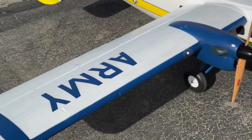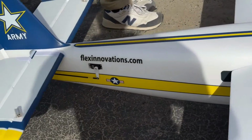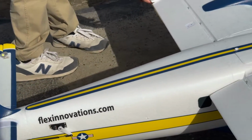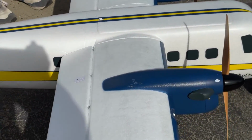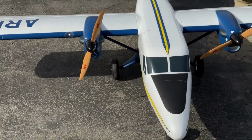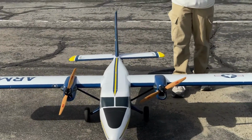The Aura does do a bit of mixing to help for the coupling on knife edge. So you can see if I do move my rudder to the right, you're gonna have a little bit of left aileron to counter for the coupling, and yeah, it just works out really nicely. It's definitely something that I wasn't used to. Normally I don't even fly twin engine planes at all, but